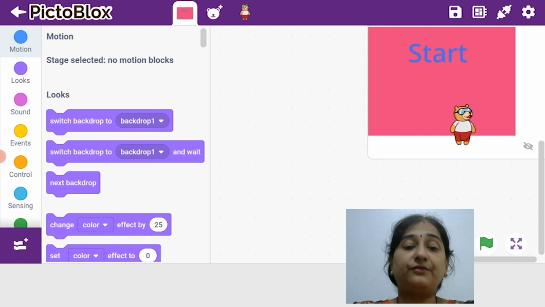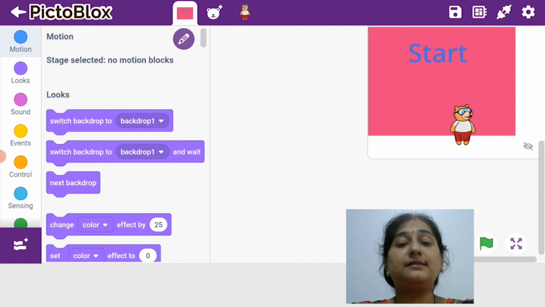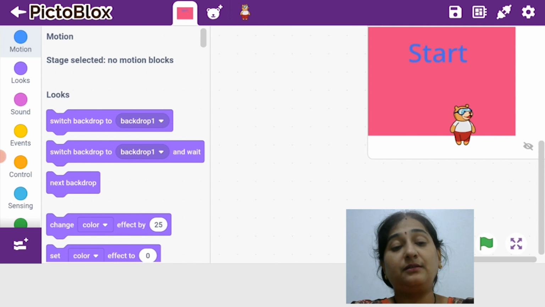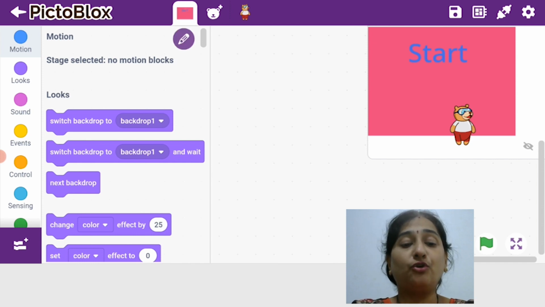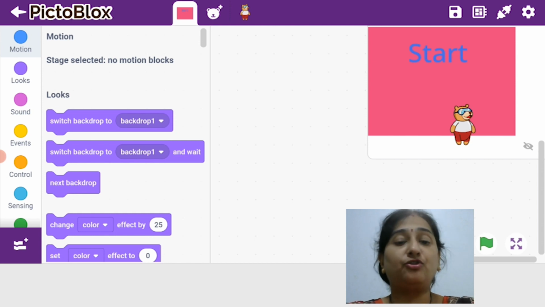So what we have studied in today's video is how we can upload the existing backdrop from the list of library available. So from the available library we can choose any one of them to be our backdrop, or you can draw your own backdrop, or you can edit parts of the current backdrop, uploaded backdrop. You can change it, you can edit it. Clear? I hope this video will help you and guide you through the entire backdrop change in Pictoblocks.